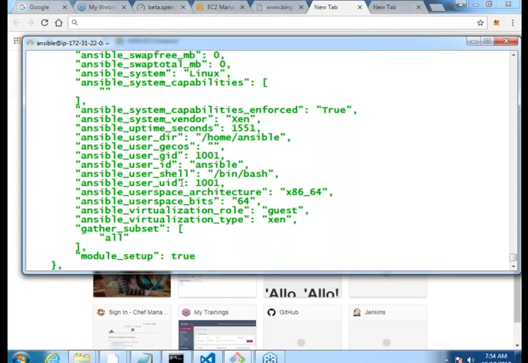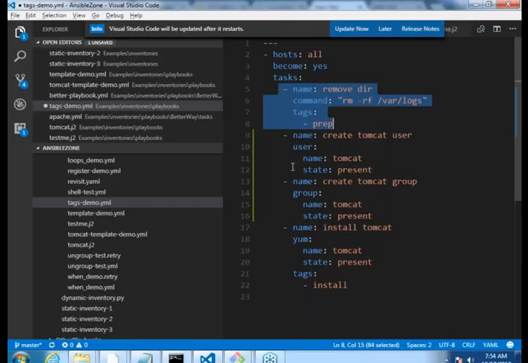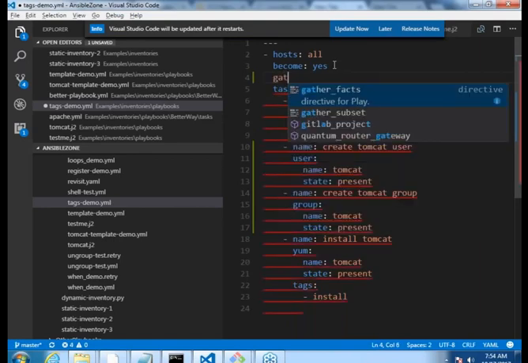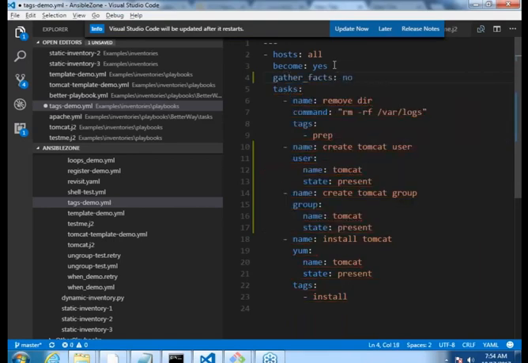Set gather_facts to no so that your executions will be faster, because Ansible will not try to pull these details from your server. This is enabled by default. If you want to disable it, you have to write an entry over here, which is gather_facts: no. If you don't write it, the default value is yes, and with every Ansible command you execute, it would try to fetch the facts of the variables.